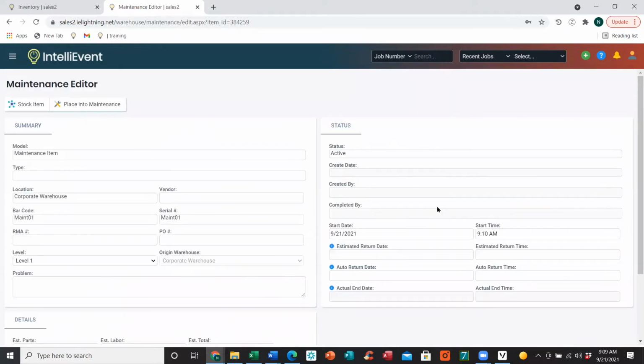Now, over here on the right-hand side, we do have our status information, whether it's active or completed. We're going to have the create date. Once I place this item into maintenance, this will auto-populate for me. Same thing with created by, based off of the user that's currently logged in, placing this item into maintenance. Then when it was completed, so once we return this to stock, our start date, and estimated return date. This will not affect availability, it's more of an internal reference,